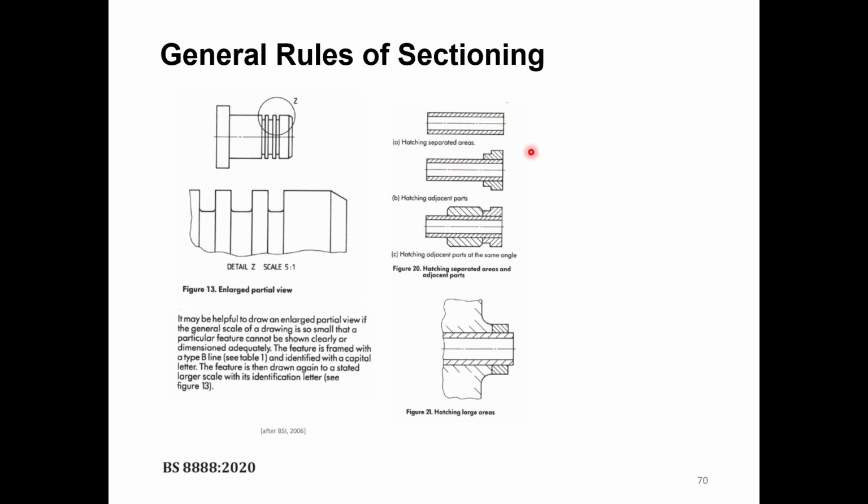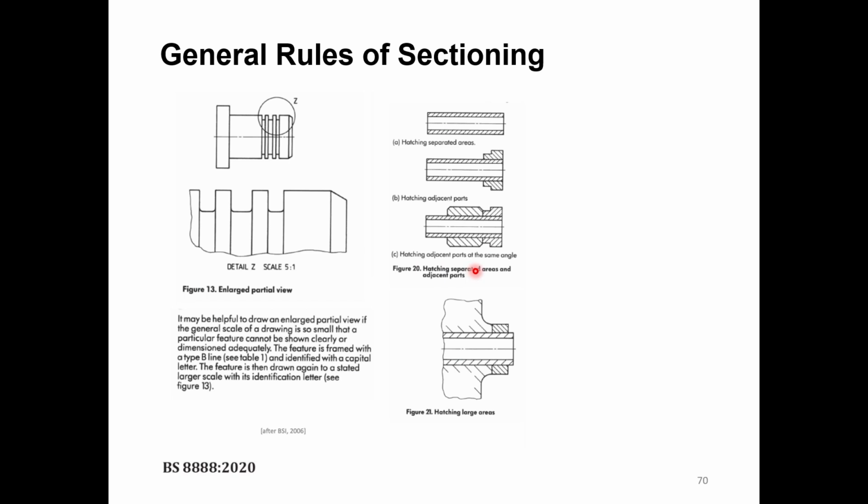Normally we use an angle for hatching of 45 degrees or 135 degrees. So for example, for the internal part, you can use hatching of 45 degrees, and for the other part, you can use 135 degrees. And it will also be kind of staggered. You can shift it a little bit from one another, as shown here. If you have more than two parts adjacent together,